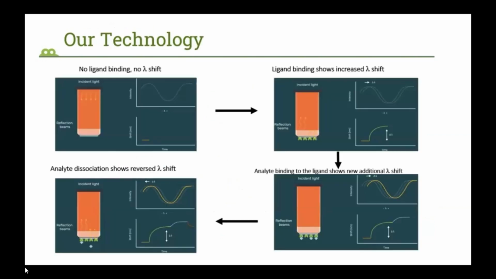All our products are based on the principle of biolayer interferometry. So exactly what is biolayer interferometry? It is a label-free technique for studying biomolecular interactions. BLI detects interactions by measuring the interference pattern of white light reflected from a biosensor surface coated with ligands. When target molecules bind to these ligands, they alter the optical thickness of the layer, changing the interference pattern. Real-time monitoring of these shifts allows precise analysis of association and dissociation rates between the ligand and the analyte. This can be used to quantify analytes or conduct an affinity analysis between biomolecules.